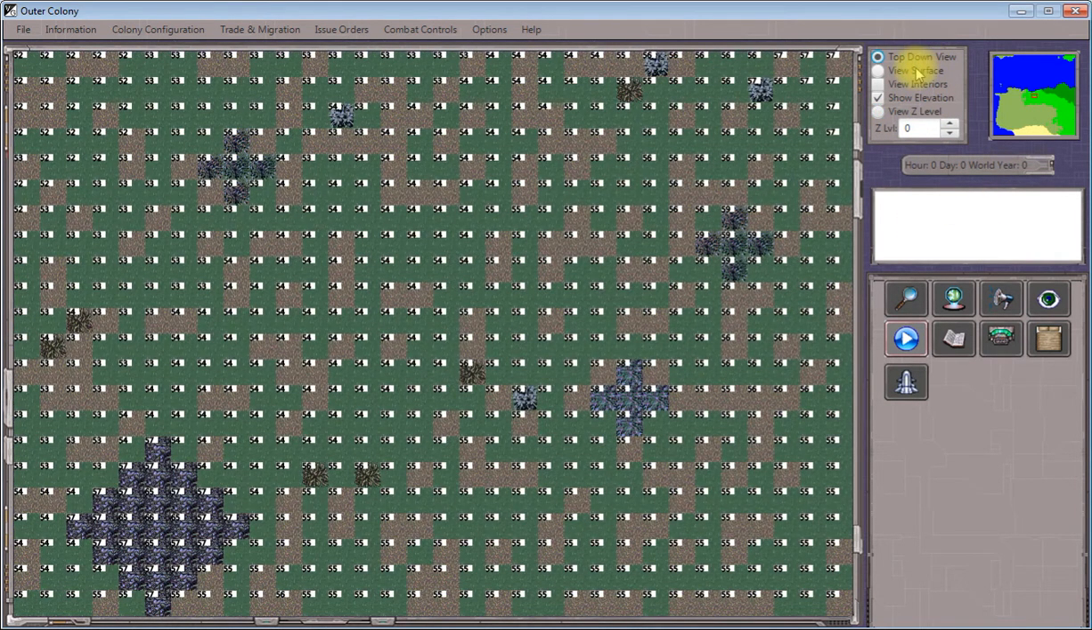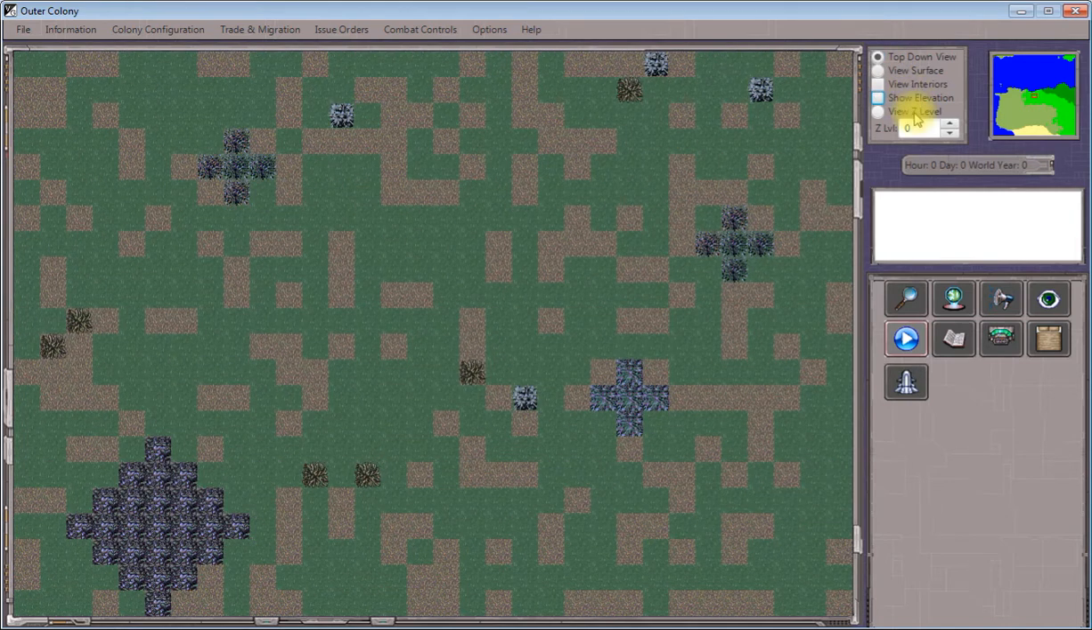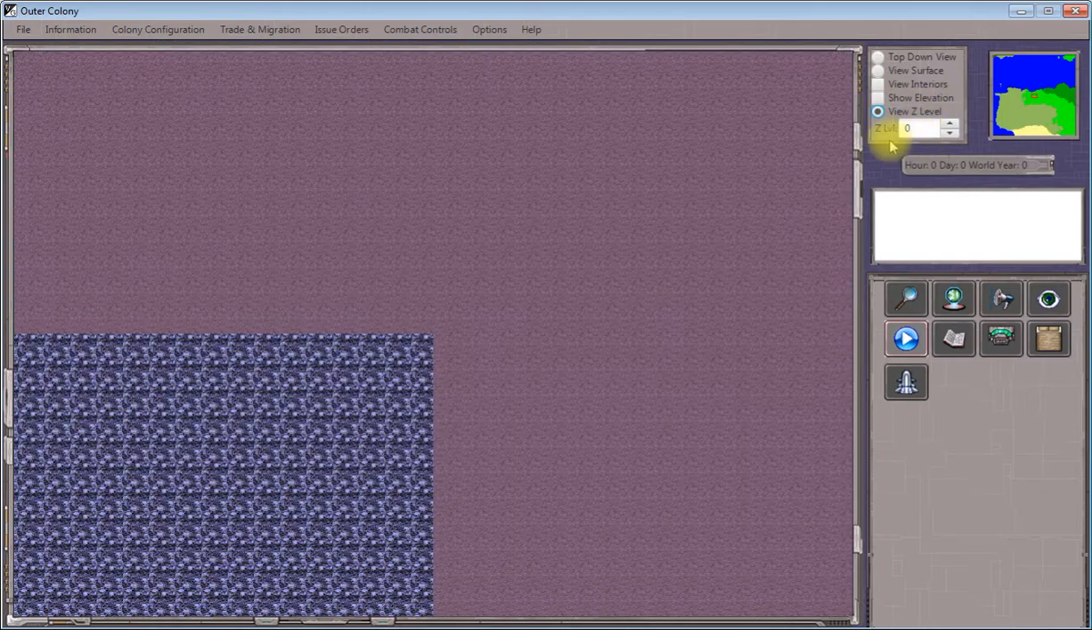So a world consists of a three-dimensional space. Each one of these tiles that you're looking at is actually a volume of space. And the world itself consists of a number of Z levels. You have 3 dimensions in 3D space, X, Y, and Z, and the Z being the vertical. So when you click on the View Z Level option, you can think of it as viewing an individual slice